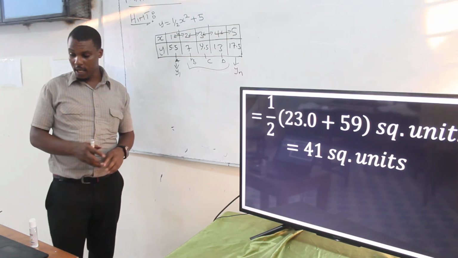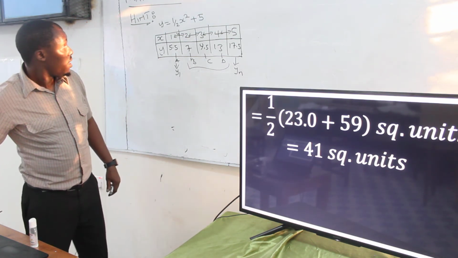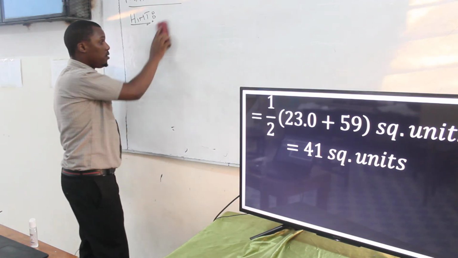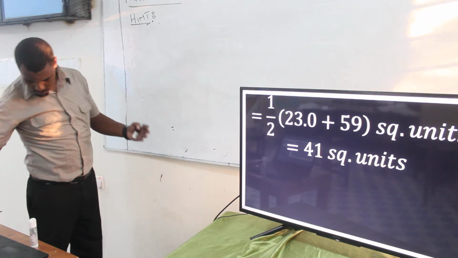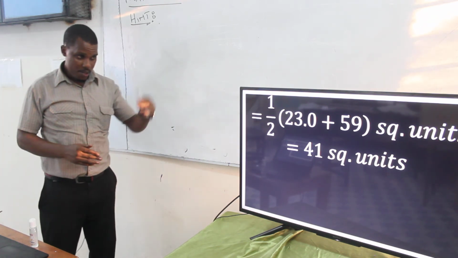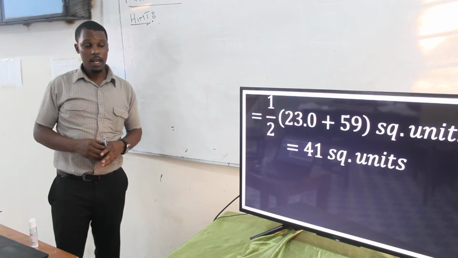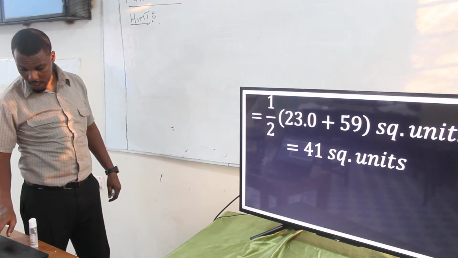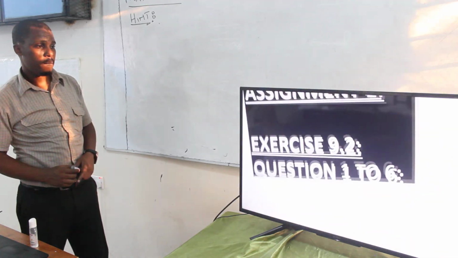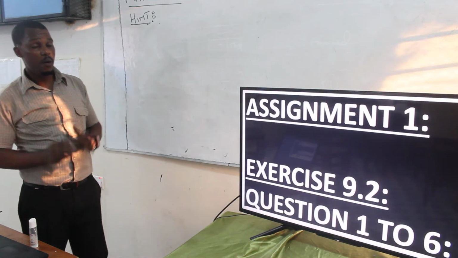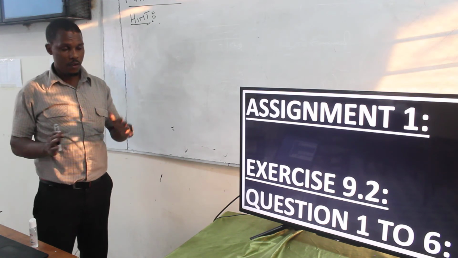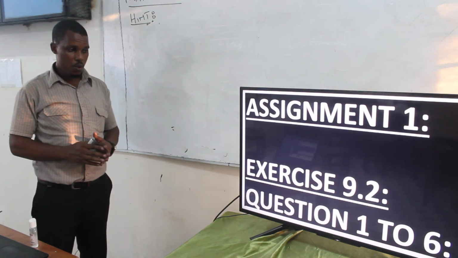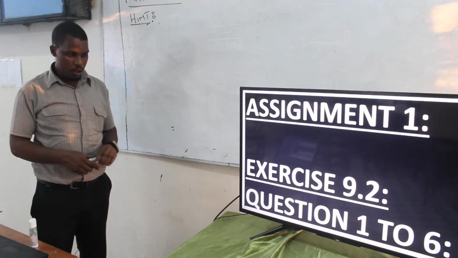So I'm going to give you the assignment. And this assignment is supposed to be done in your book. But before you do it, you should have the notes. Then after the notes, you have those examples that I've given you. And after those notes is when you attempt this exercise. In your exercise book, remember you have two books, one for the notes and the other for the exercise. Don't forget that. So my assignment is going to be on exercise 9.2.